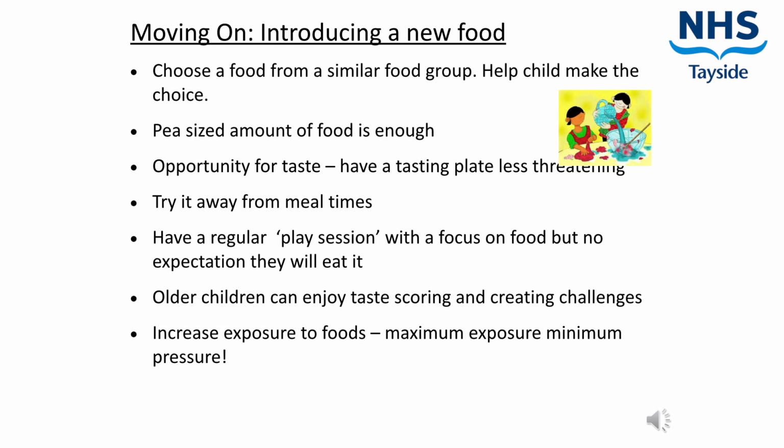Start with only a tiny amount. Pea-sized is usually enough and is less threatening than larger volumes. Rather than putting the new food on your child's own plate, a tasting plate can be less intimidating, as it allows them to build up the experience of the sight and smell of the food without the pressure to eat it. As we have mentioned before, trying new foods away from mealtimes can offer an opportunity to experience the food